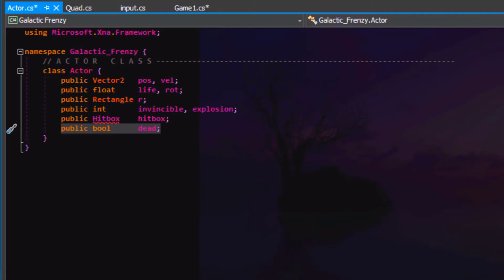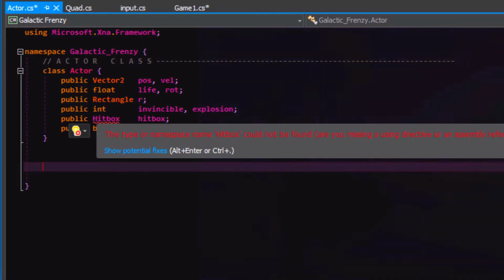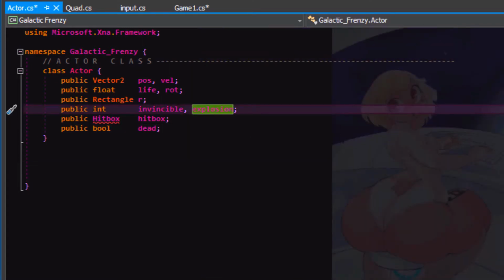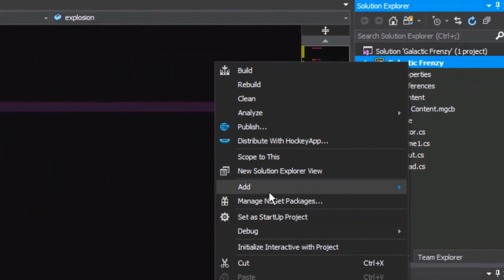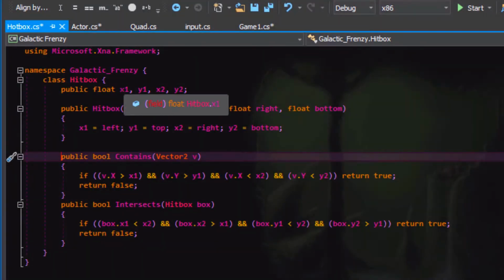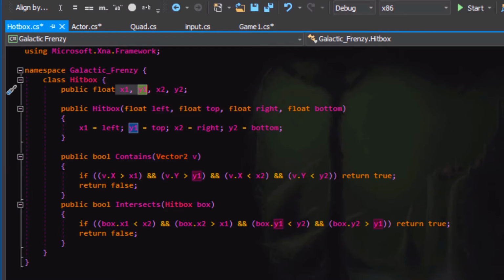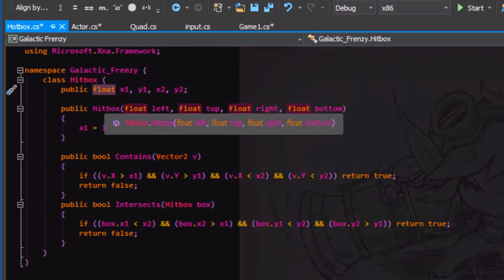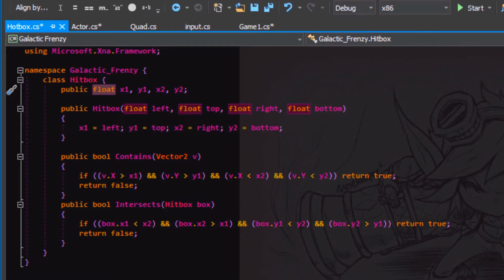So let's make a constructor here. Actually, maybe we should create the hitbox first so that it's not complaining about this. This should be really easy. We'll just add a class called hitbox. All right, we got that hitbox, top left-hand corner and bottom right-hand corner as floats. This will be more convenient for us than using integers because then we don't have to do any casting. So I can set the left, top, right, and bottom of the hitbox at startup, and that's all this does.